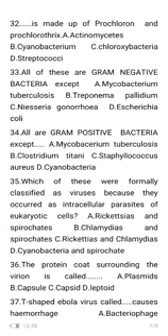Number 35 says, which of these were formerly classified as viruses because they could occur as intracellular parasites of eukaryotic cells? A. Rickettsias and Spirochaetes. B. Chlamydias and Spirochaetes. C. Rickettsias and Chlamydias. D. Cyanobacteria and Spirochaetes. So the answer is Rickettsias and Chlamydias. The answer is C. They were formerly called